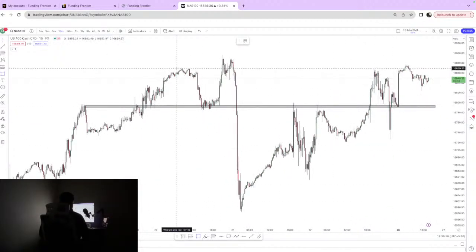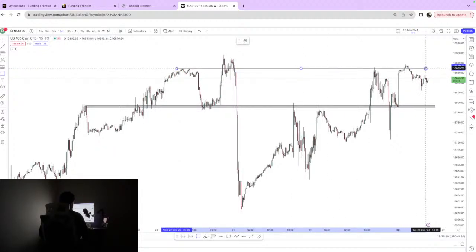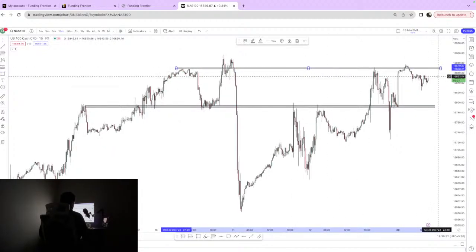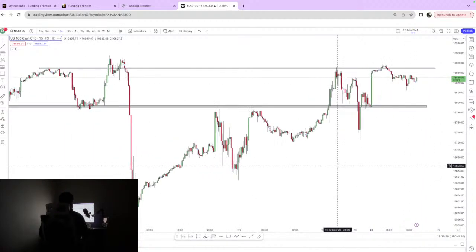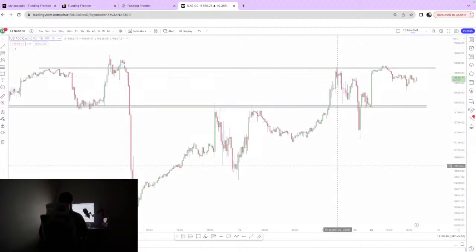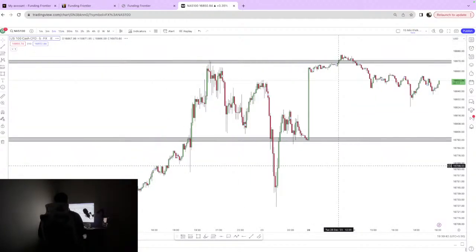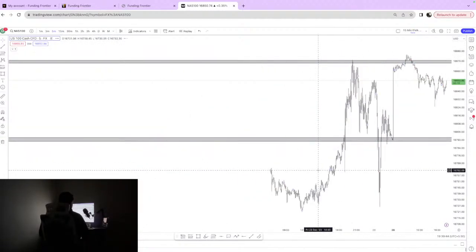Now we'll mark one bullish. Simple. This is our bullish level. Were you able to mark the same as me or not? Now let's shift to the 5 minutes time frame. We'll mark one or two minor levels.